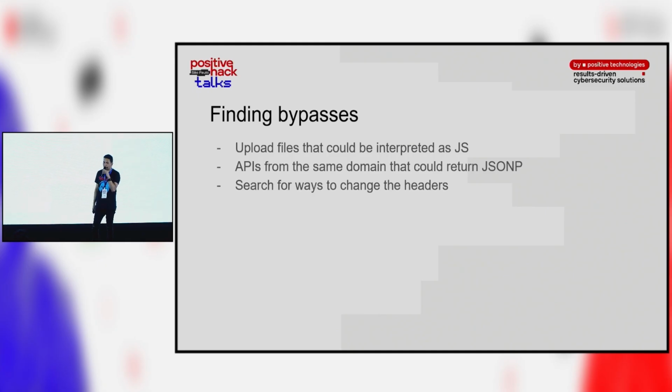I also tried to find endpoints that could return a JSONP response. That's also a very popular way of bypassing CSP, but I didn't find anything. And I even tried to find ways to change the headers, but I wasn't able to find that. But then I remembered that some time ago, I found a very critical vulnerability in the target,